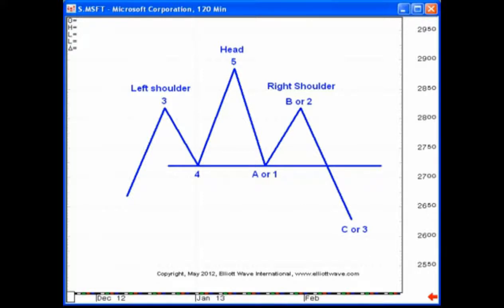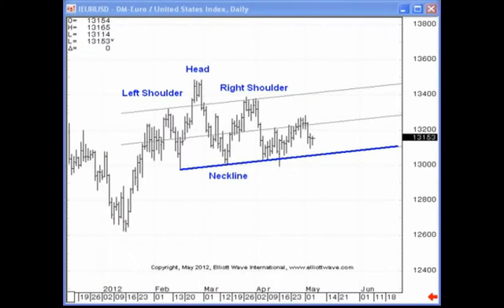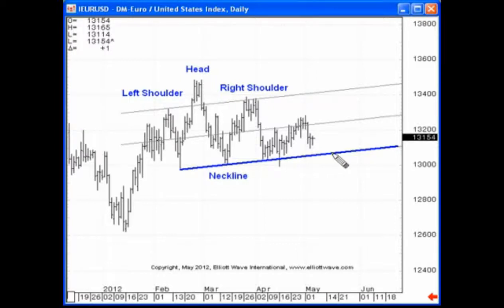Part of the reason I'm doing this review today is that I really like the head and shoulders pattern, and it fits very nicely with the wave principle. In fact, Robert Prechter wrote in one of his newsletters how the wave principle subsumes a lot of the old school technical work. Also, if you recall, I've been following a potential head and shoulders pattern in the euro. Here we have our left shoulder, here's our head, and here's our right shoulder. Notice we have yet to penetrate the neckline, so we continue to watch and wait in this market. But when I was looking at currencies, and we have an excellent product here at Elliott Wave International, edited by Jim Martens, which is the specialty services currency product,